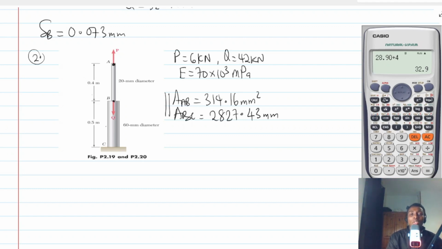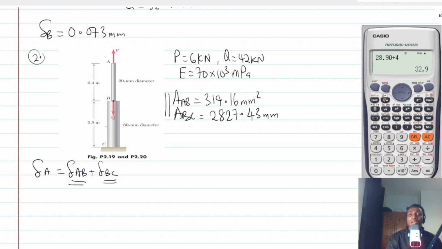Interestingly, we know that P is 6. So without wasting much time, let's calculate the deflection through AB. By the way, the deflection at A this time is not 0. So it's going to be the deflection in AB plus the deflection in BC. Think about it this way. There is going to be deflection here, so it is going to be the deflection within this plus the deflection within this. And that will add up to get the total deflection at A. Okay, so it means we need this and then we also need this one. So now let's first of all calculate the deflection